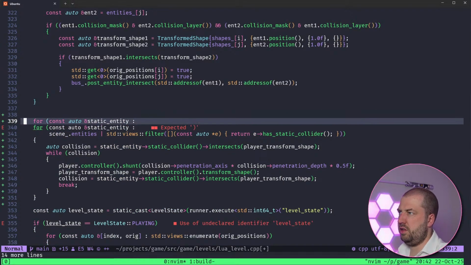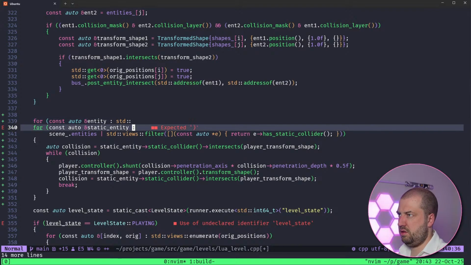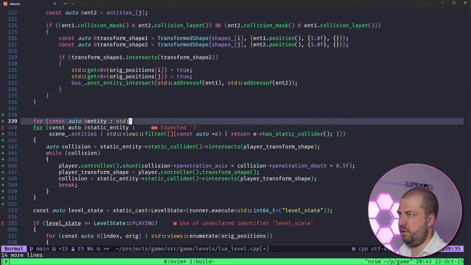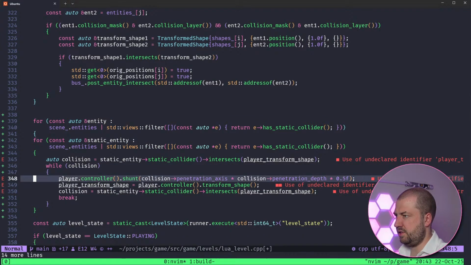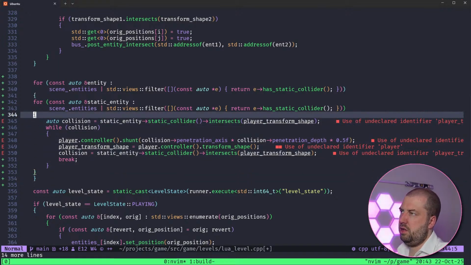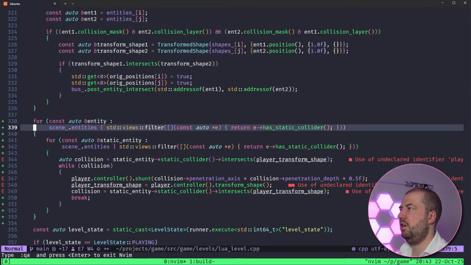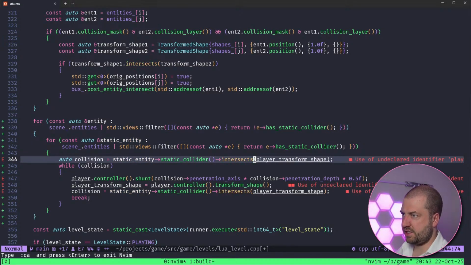I think I want to go through something like this. I basically want this. I'm not convinced this is optimal, but I am hopefully convinced it's at least easy to understand. Because obviously we could do some sort of hierarchical culling or something like that, but for the 3 barrels we're going to have, I don't think it's a deal breaker. So for every object that doesn't have a static collider, then for every object that does have a static collider,